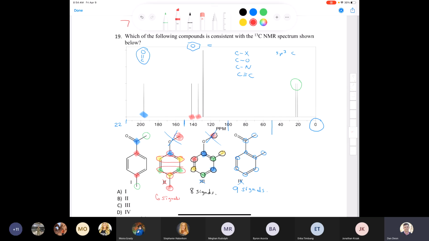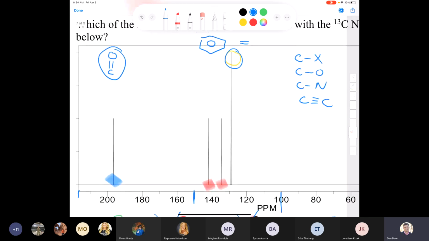Now let me show you something very quickly. You see that I have 2 chemically equivalent carbons here, and I have 2 chemically equivalent carbons here, right? Those are going to be these ones, okay? It's these 2 right here. Now I told you that there's no such thing as integration in a carbon-13 spectrum. However, if you look at the relative height of these signals,